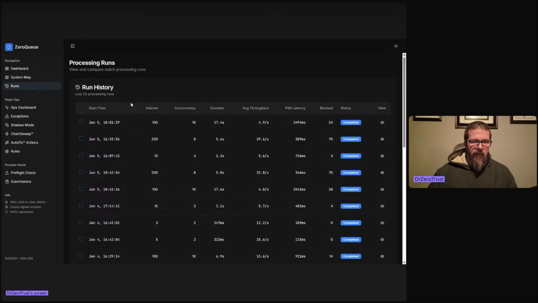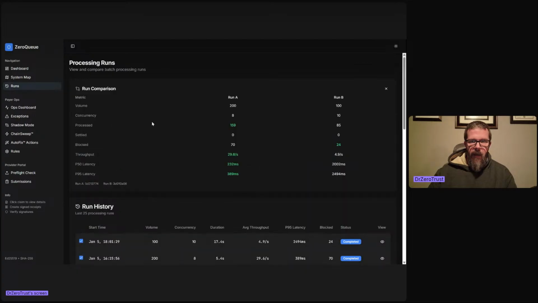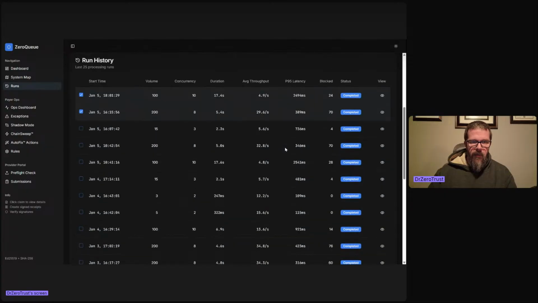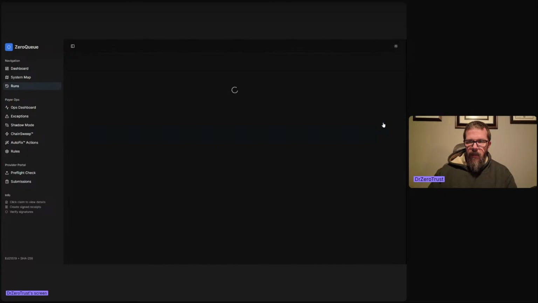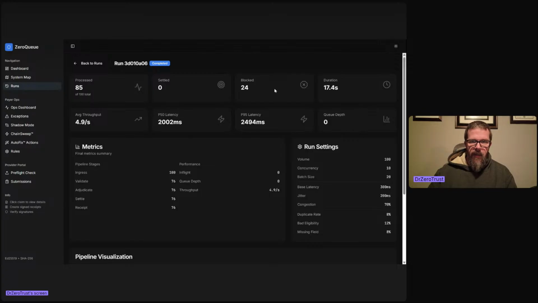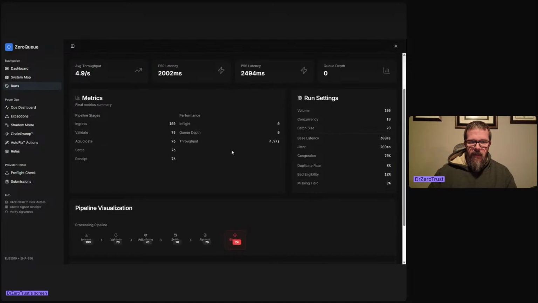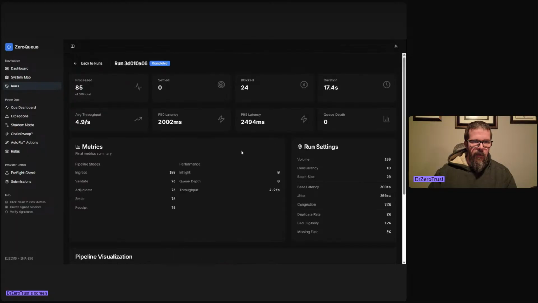Additionally, on the features of doing cool things, here is basically a method for building batch processing and doing things quicker, better, faster. So you can see right here, there's 100 and 200 records. I'm just going to basically run those and compare. And you can see how we get better over time. Green is good, and you can see where we're getting better. So the important thing is not all of these are green. The green is based on where you're getting better as you run differential approaches to the problem. And there you can go and see different things that are processing, how fast, the metrics per run, etc. And then where is it finally getting to in the ultimate end of this.